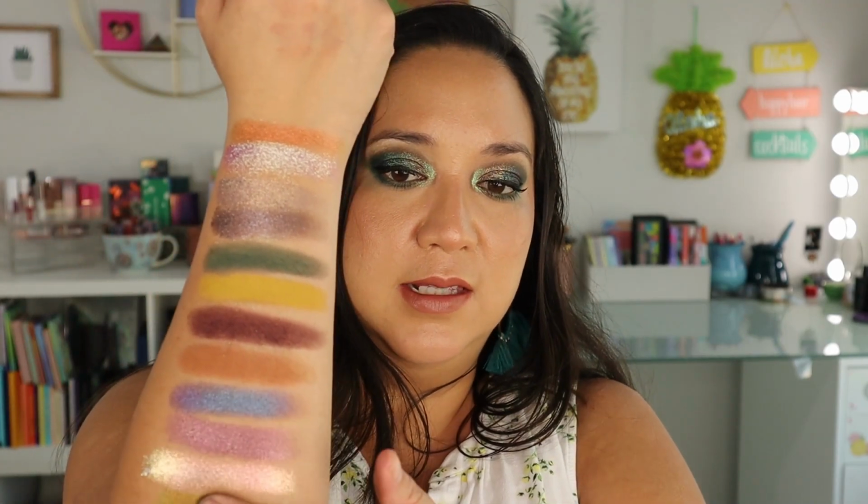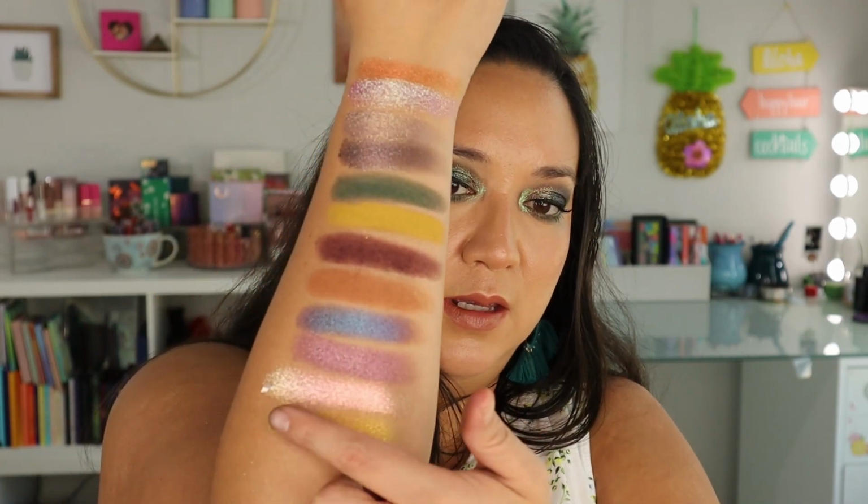Then the last shade is called Smith, which is more like a satin. This is like a greeny dual chrome shade. This is my favorite kind of dual chromes. Oh, like a gold to green. Maybe there's some orange to it. And this one looks so beautiful all over the lids. If you like multi-chromes that have that beautiful shift,